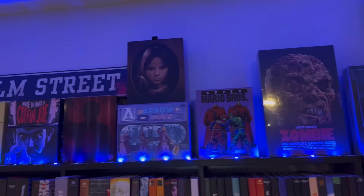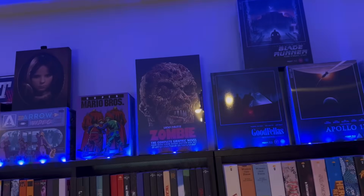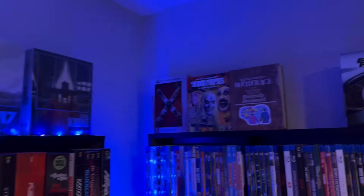Chucky Collection, Coffin Joe, Psycho Collection, Empire of Scares, the Super Mario Edition. Just all my favorite box sets. Kathy's Curse, which is not my favorite box set, but it's up there. Zombie, this comic book set I showed off recently. The Film Vault Range sets, which are pretty cool. And then we go over here, and I've got